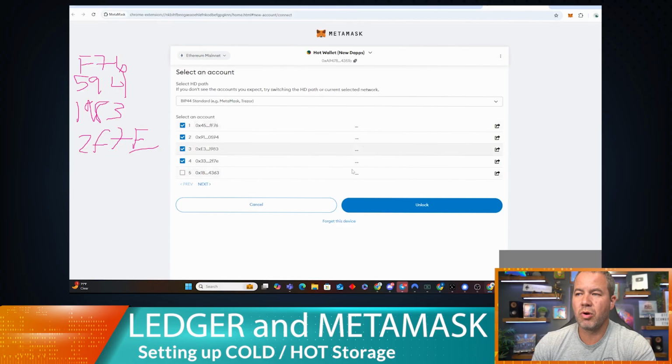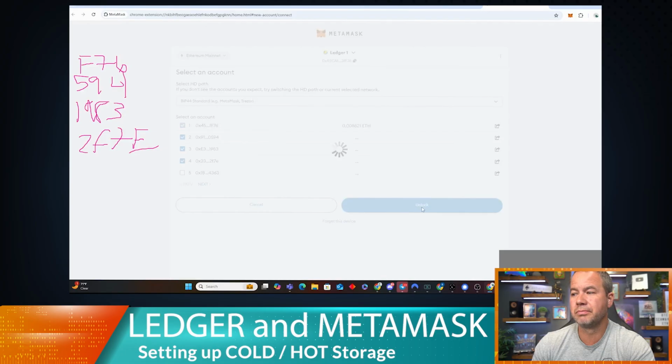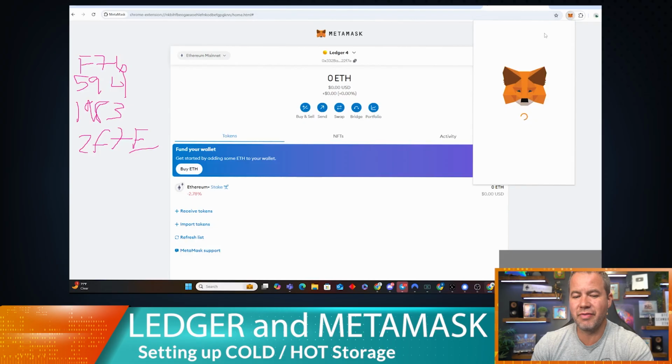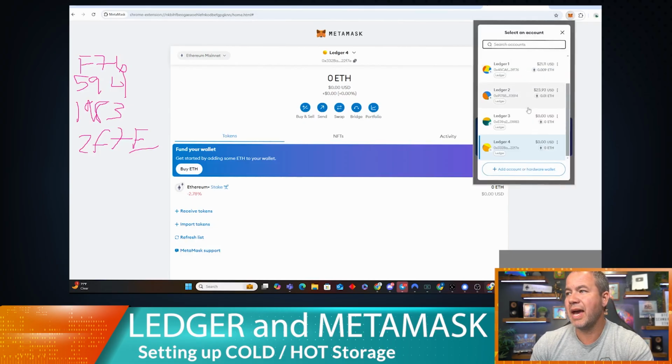You'll notice before, it had the balances in there and we couldn't add them because they were already in the wallet. So we are going to go ahead and unlock those. Okay. And that'll give us all 4 of those accounts. Okay. So now what we have there, if we pull up our MetaMask for the final time, is